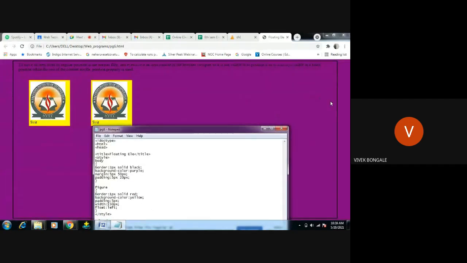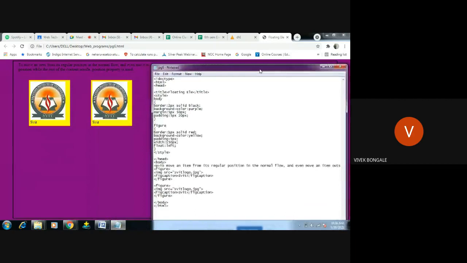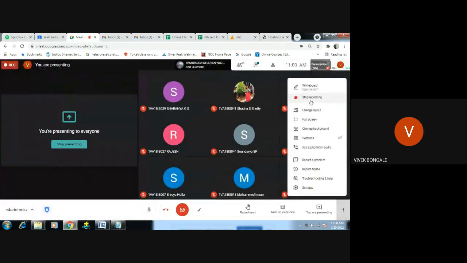And if I copy the same image a 7th time, that particular image will move to the next line. That is the floating of an element in a container, and floating of elements multiple times side by side. Okay, this is what floating of an element is, right? So first stop the recording.